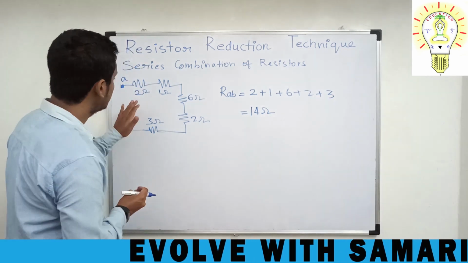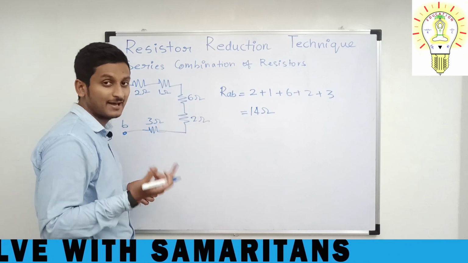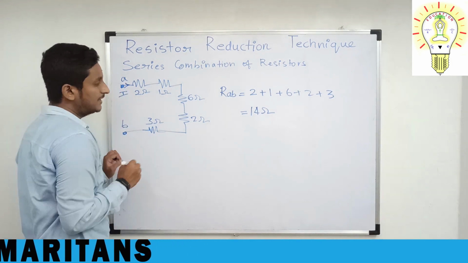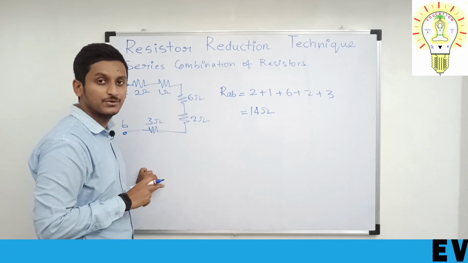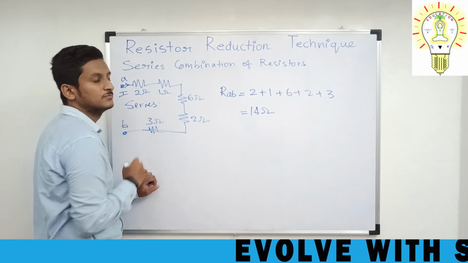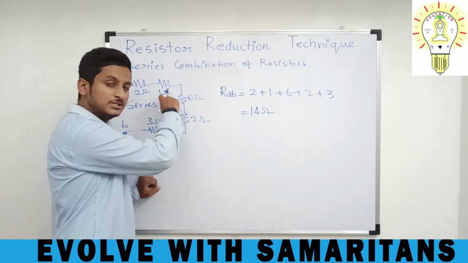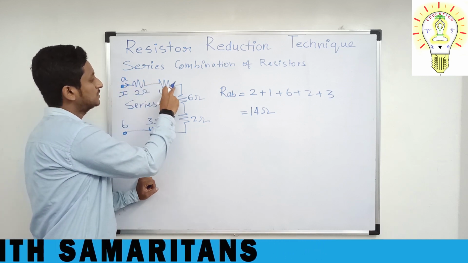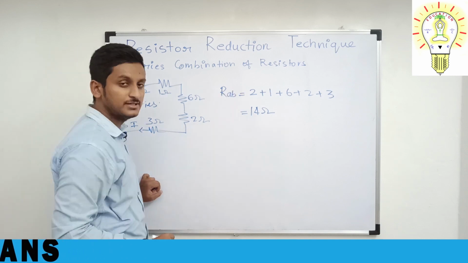But the reason why I am giving this problem is, most people get confused at this part. They think this may be parallel. What I want to tell is, you have to take a current I and check whether the current is getting diverted or the same current is flowing throughout the circuit. With this you can confirm whether the circuit is in series or not. Got my point? This is very simple, but to understand whether the circuit is in series, you have to check this. See here, this current will flow through all the resistors, only current I. Got it? So that is why this is in series.